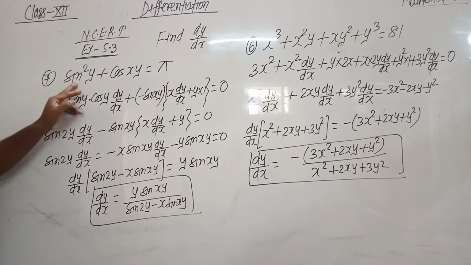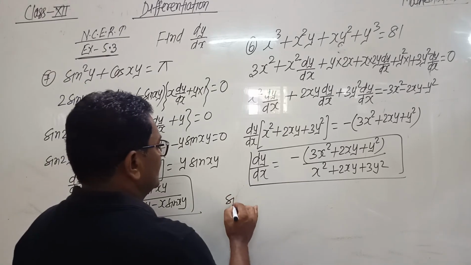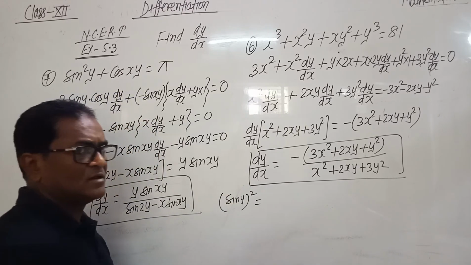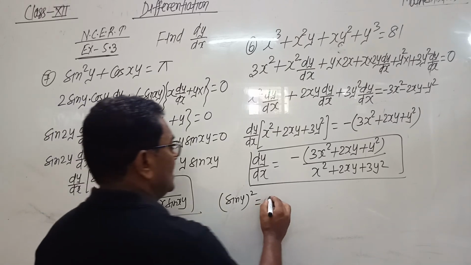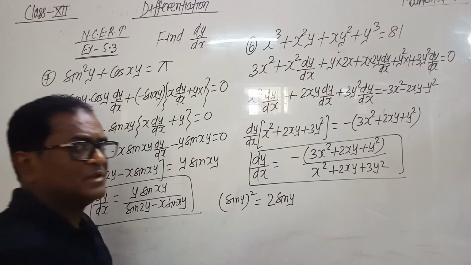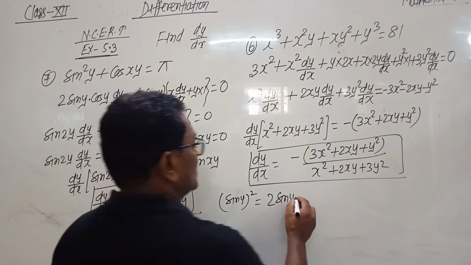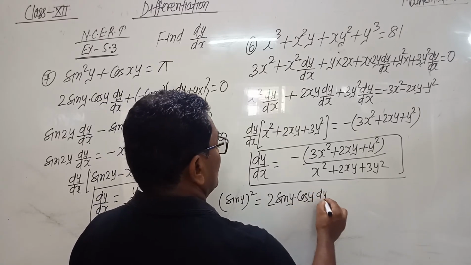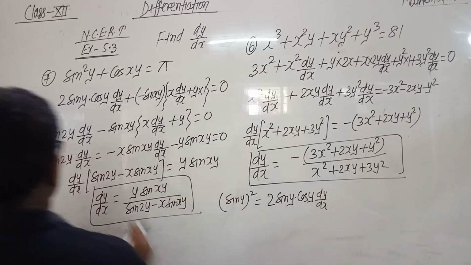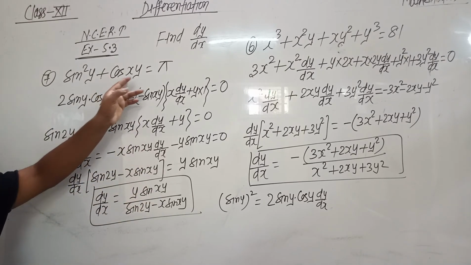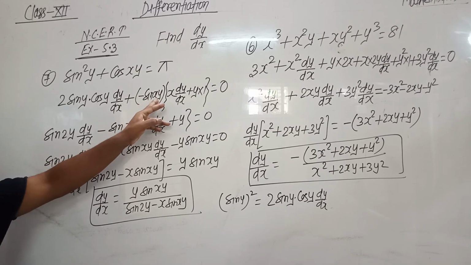So see again, differentiation of sin²y. sin²y can be written as (sin y) the whole square. So firstly this will be differentiated on the formula x raised to the power n, so n into x raised to the power n minus 1. Drop the term square. Differentiation of sin y comes to be cos y. Drop sin, the differentiation of y comes to be dy by dx. So this is 2 sin y cos y dy by dx, plus differentiation of cos theta, minus of sin theta,